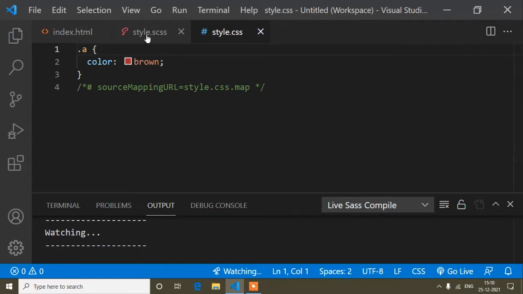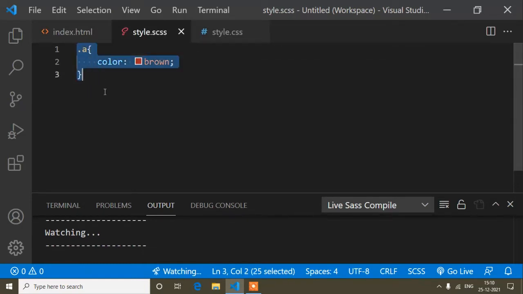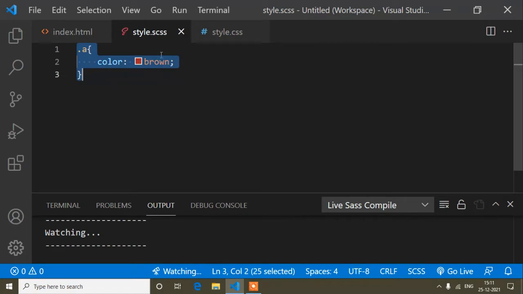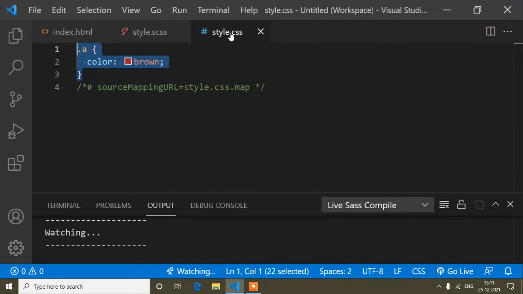So now whatever I write in this style.scss file will be compiled by the compiler. You can see this class I haven't written in the style.css file. I had written it in SCSS, but it's compiled and added in style.css.